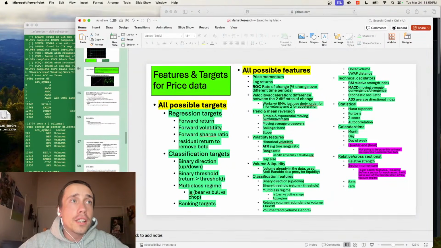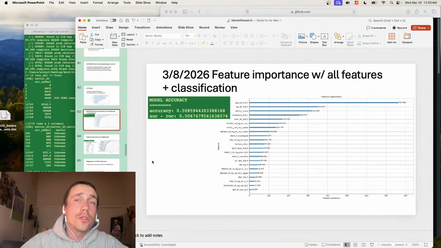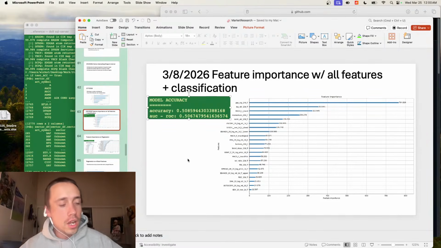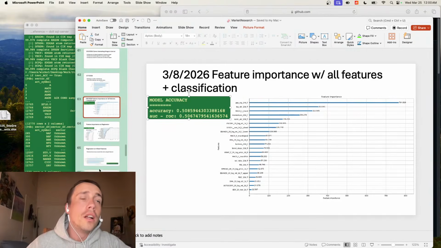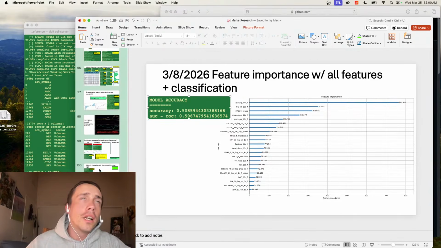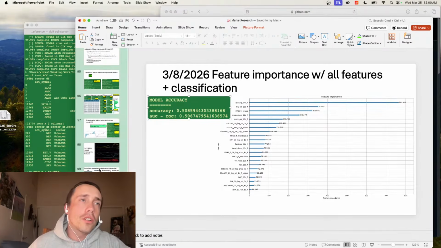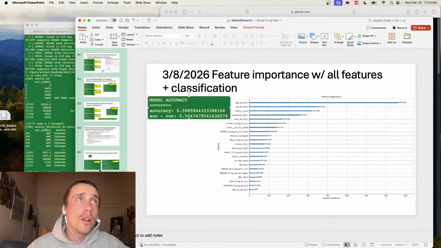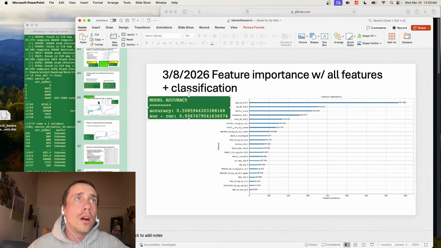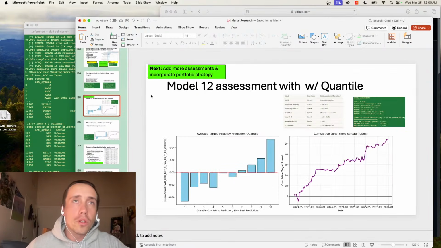Once I had this, the next step was to go ahead and throw every feature into the model and see how it performs. You can see here it's actually performing worse in terms of directional accuracy. But more recently, I've found out that this isn't the metric I want to look at. So I'll get to that in a second. This isn't too interesting. I basically was trying out all sorts of things to improve the model. But here, I got a model which worked really well.